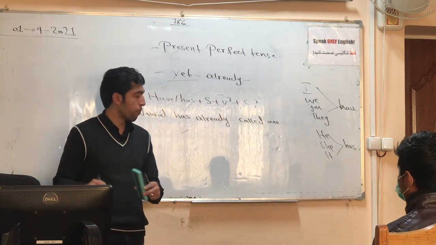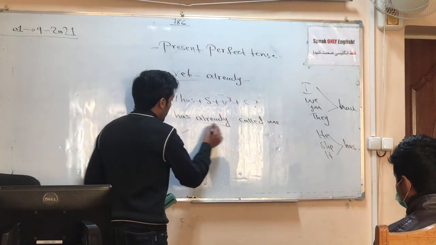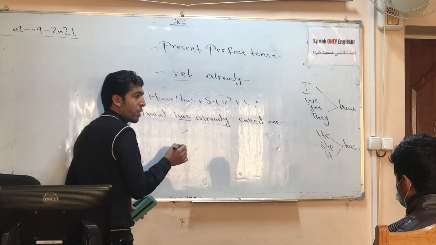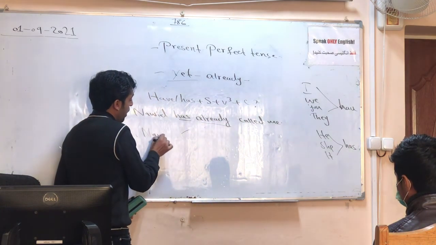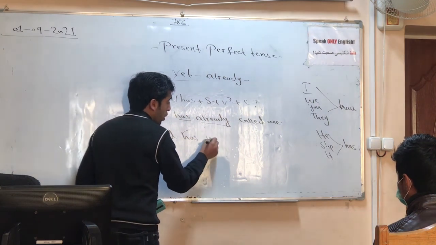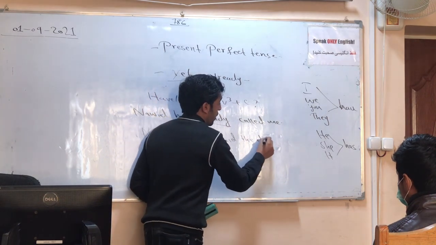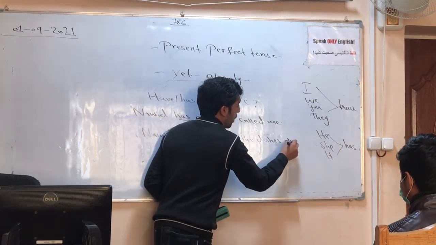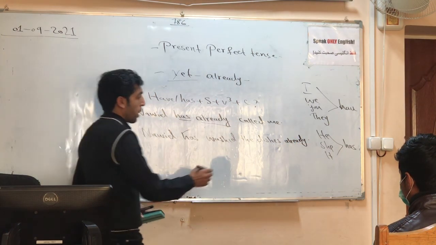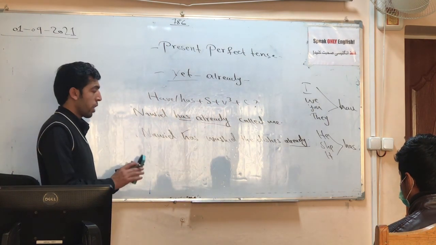Make sense or not? So, already can be used after the verb have and has, and also we can use it at the end of the sentence as well. Like Navid has washed the dishes already. Okay? So it means that Navid already did this. We can use already at the end of the sentence. I hope that you get this point and you understand what is